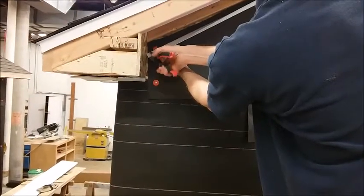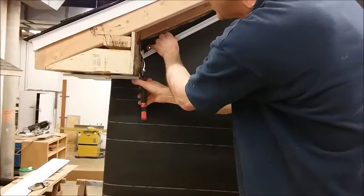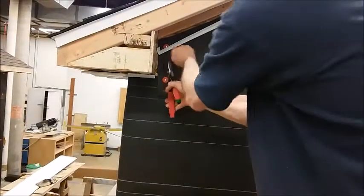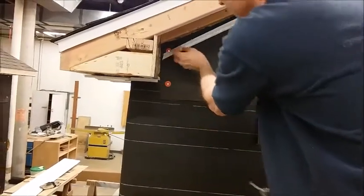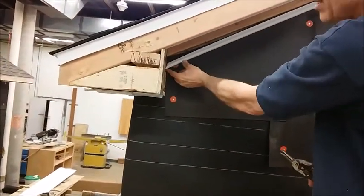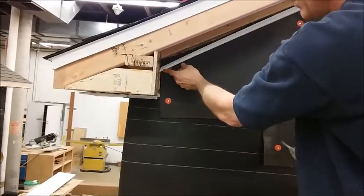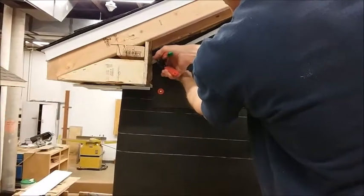I'm just going to tip that a little bit, make a cut back to the back, get my other tips so I can fit in there a little bit easier, and just trim that on an angle. See, now that bottom edge is touching like we want it to. It's still too long, but this is the angle that we have to cut it on. So I'm going to cut a little bit more